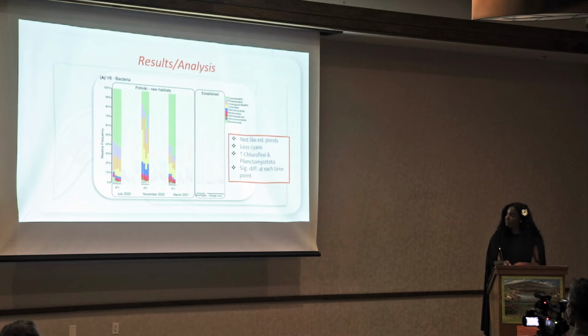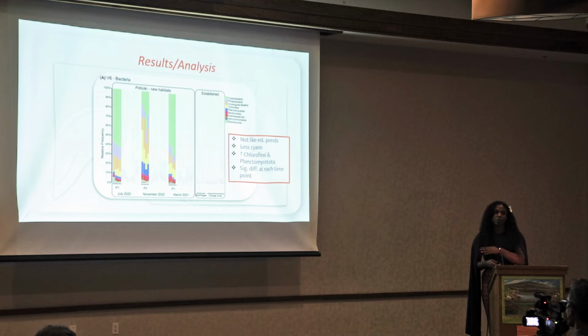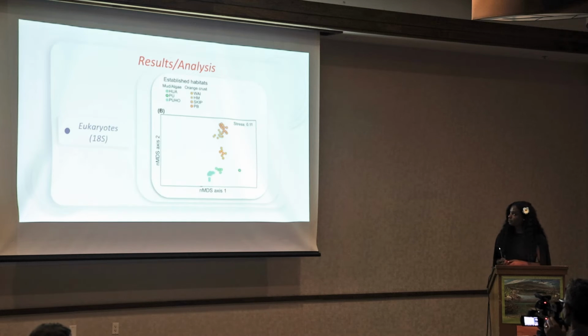And then lastly, we wanted to track the changes over time. So here's a zoom in looking at the composition of the bacteria from pond 1 across 3 time points over the course of the year. And as you can see, the changing of the bars indicates the composition of these communities actually changed pretty significantly from each of the 3 time points, which suggests that they haven't reached a point of fixation or stability like is present in some of the established ponds.